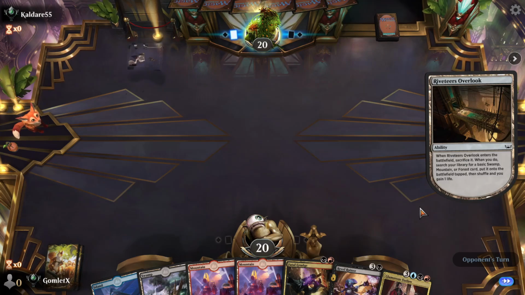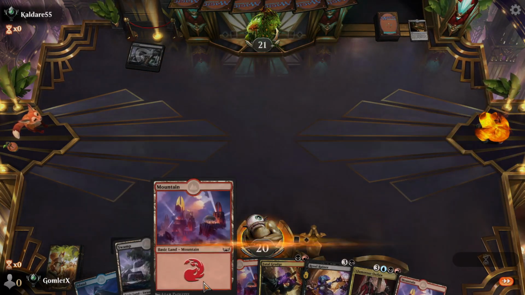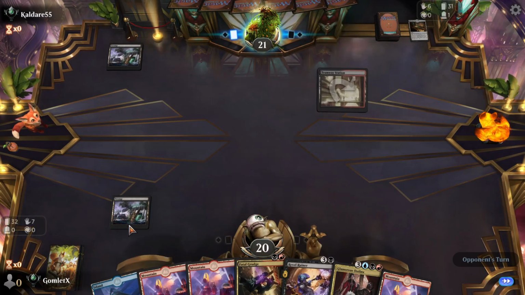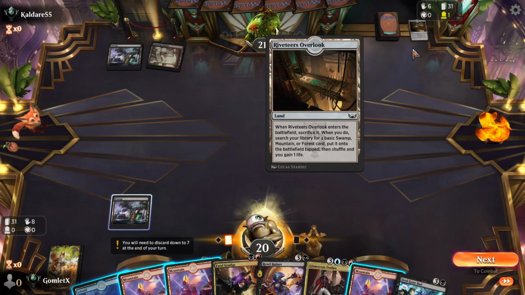This hand is a pretty risky one. It mitigates all of the risk mana-wise, where our mana base is just perfect, but we've got a lot of risk if our opponent's aggressive. We have nothing to do. His Fatal Grudge doesn't do anything until we have a card of our own. Luckily, our opponent is just setting up their mana,